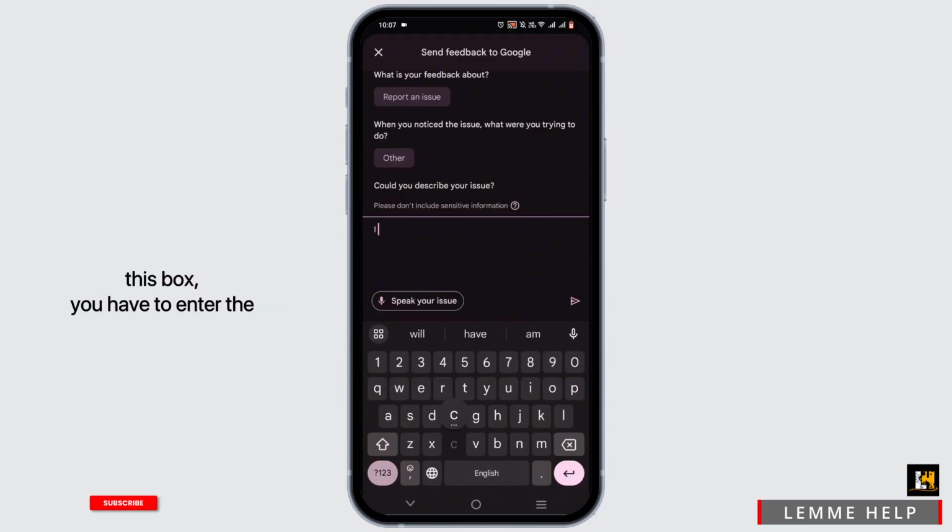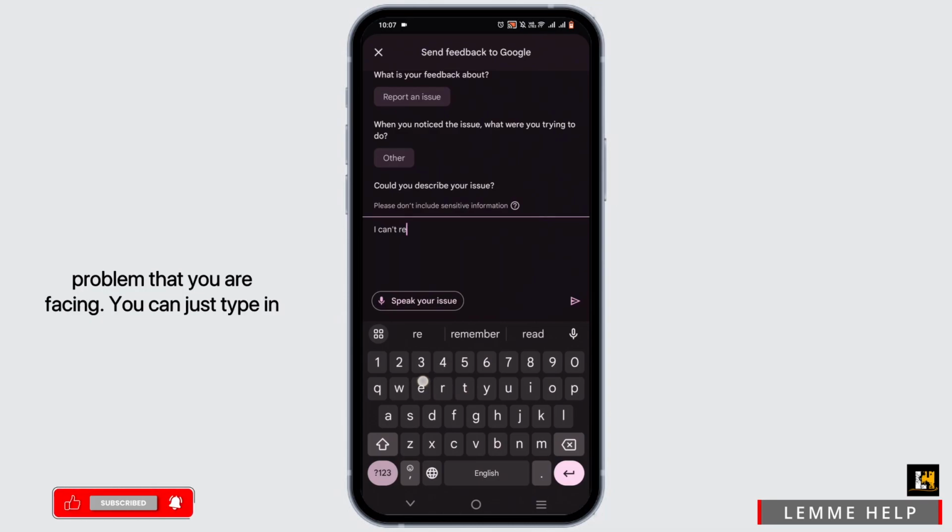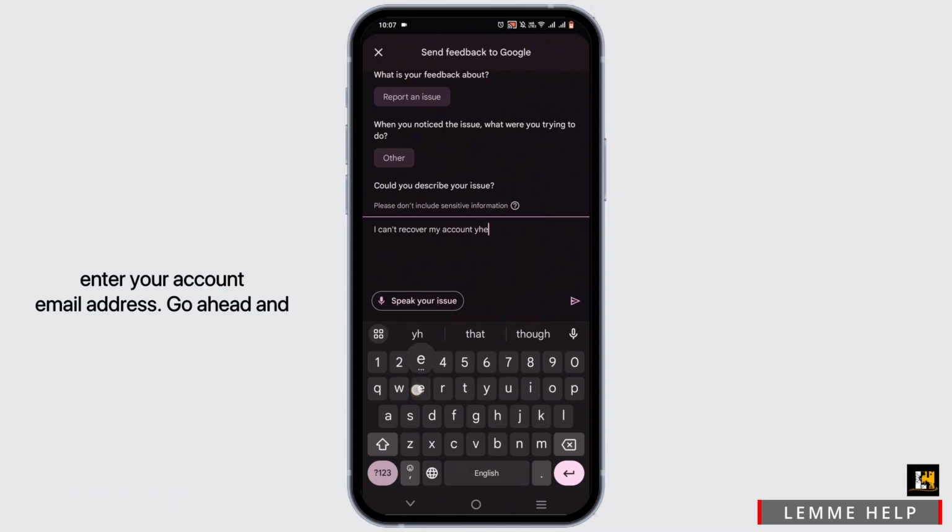Now in this box, you have to enter the problem that you are facing. You can just type in, I can't recover my account, then enter your account email address. Go ahead and type in. You can follow the same format or you can be creative with it. Once you are done